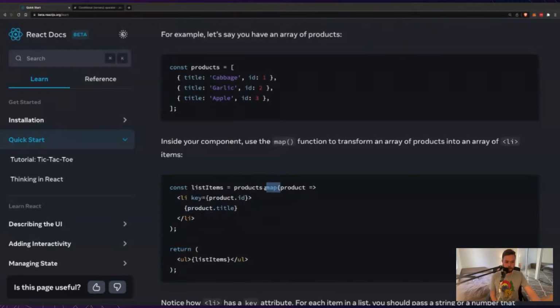And this map will go through the first one, and it'll create a list item, like in this HTML, with the key 1, and then with the title cabbage, and then it'll finish. And as soon as it gets here, it goes back and does the next product, and so on for garlic and apple. And then we'll have 3 list items. And then return